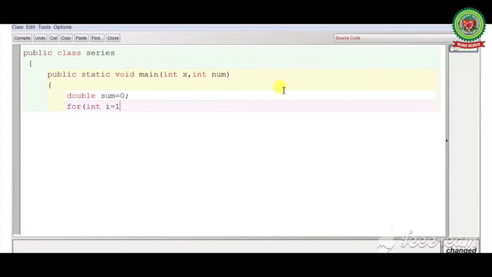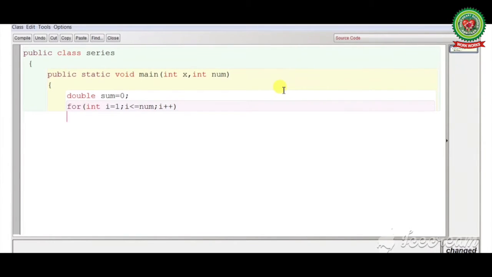So the value of I will start from 1, semicolon, I less than equal to num. So the loop will start from I, the value of 1, and it will run till less than equal to num. Semicolon, I plus plus and round bracket close.